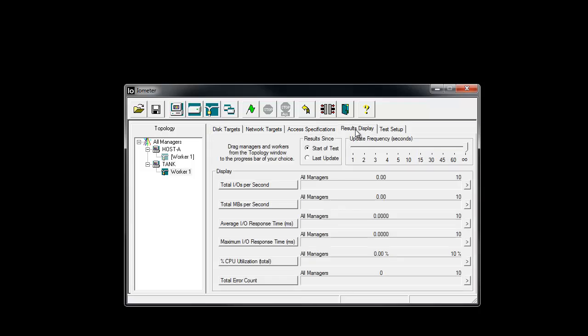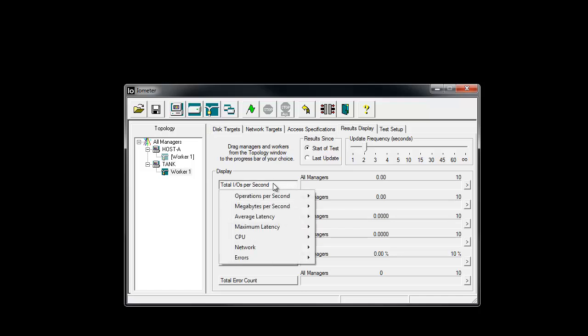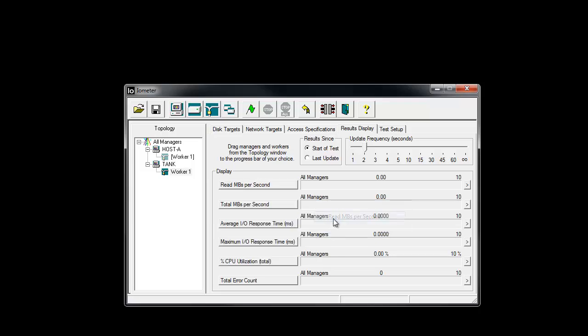Okay, we're going to go up to the results display and set that up. I normally set my update frequency to 2 here. These are a few important things you want to take a look at. Total IOs. Since we're only doing receive and send, you want to change that from total to write. Actually, we're doing read. That way it's not going to double up on it, so it'll appear like you're getting twice the bandwidth. You don't want to do that, so adjust that accordingly.